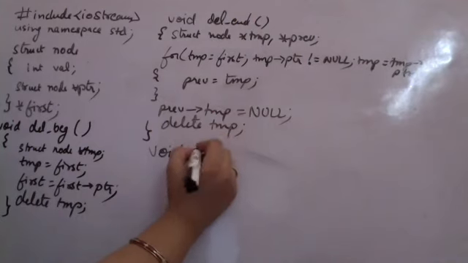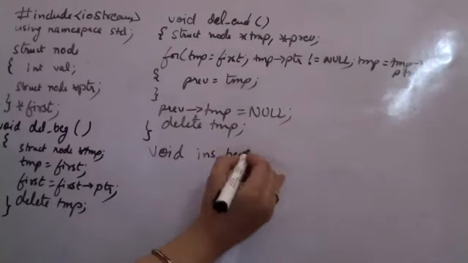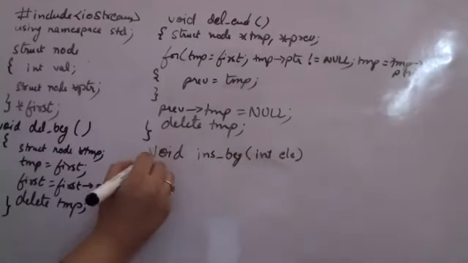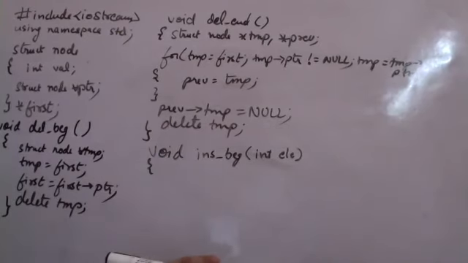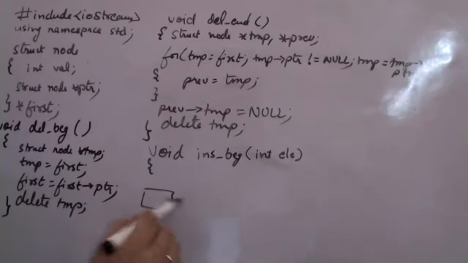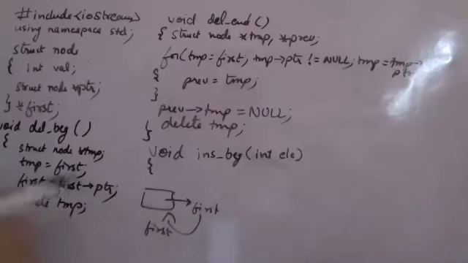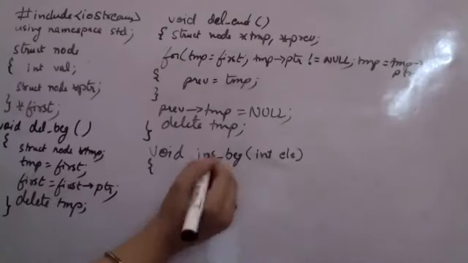Supposedly I'm having void insert at beginning, and I need to have the element that is to be inserted. So if I'm inserting something at the beginning, initially I need to check that it is not an empty list, and even if it is an empty list, what was insertion at beginning? Create a new node, give the link to the first node, that's it, and redo that this is the first. That is all you have to do in insertion at beginning. So I need to create a new node. How do I create a new node?